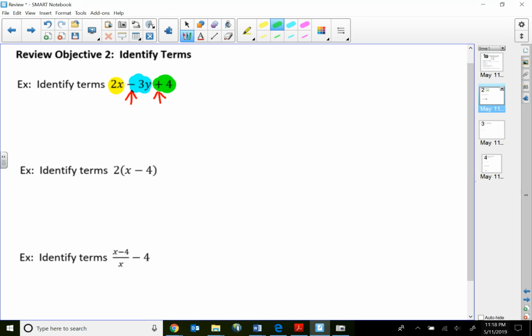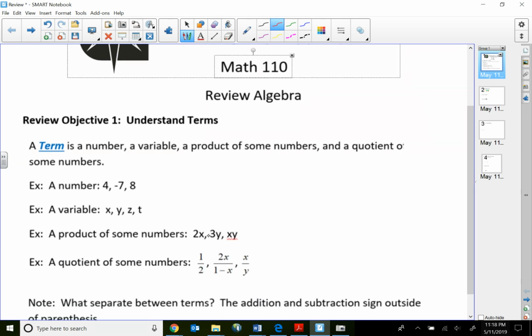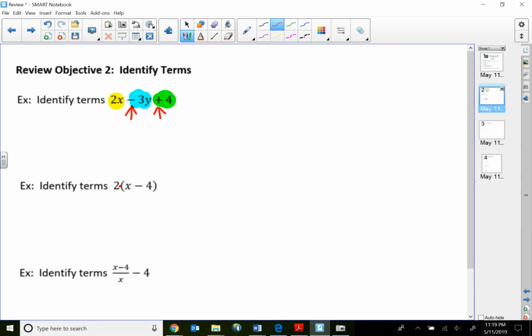Now, if we are looking for addition and subtraction signs that are outside the parentheses for this problem, what's between the 2 and the parentheses is a multiplication. So by definition of a term, multiplication between anything, a product of some numbers, is always going to be one term. So in this problem, I will only have one term because I don't have any addition or subtraction signs